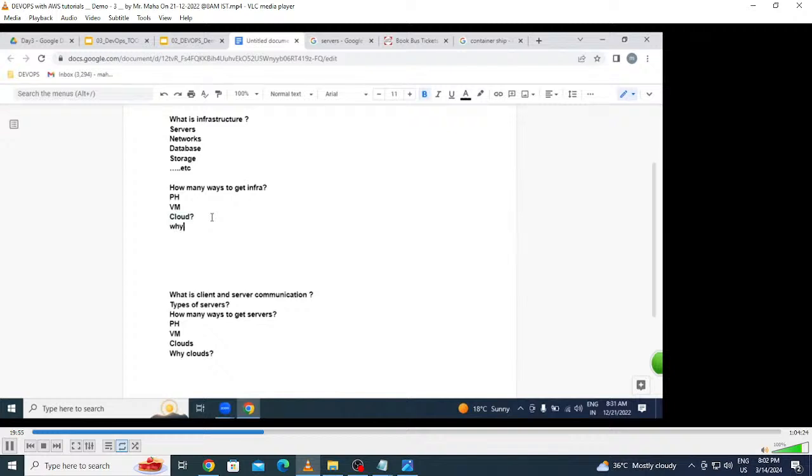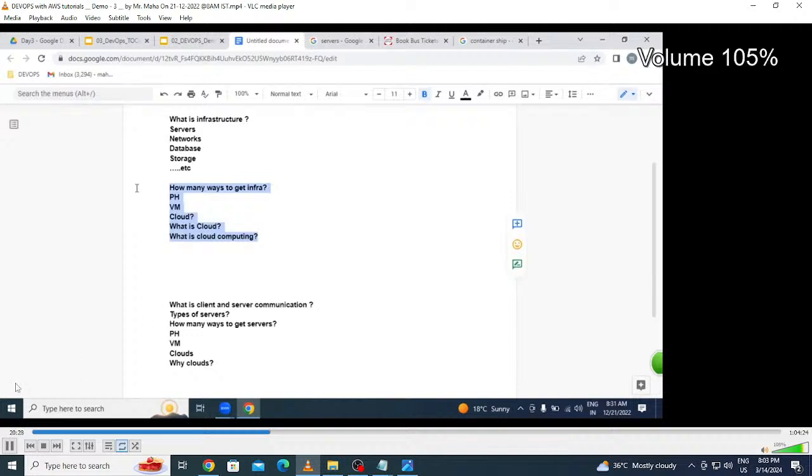But my question is, what is a cloud? What is cloud computing? That is the question. Anybody help me? I'd say the software which is deployed on some other location. What is a cloud? Remote location access to that. Remote